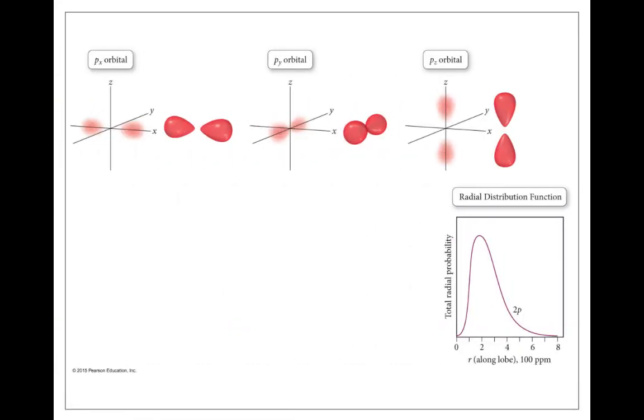So we've got our px orbital here. We've got our lobes lying along the x-axis. We've got our py. It has the same lobes, but here it's just along the y-axis. We've got our pz here, which has its lobes along the z-axis. And we can see that we have a 0 probability for all these right in the center there. And this is where we have a